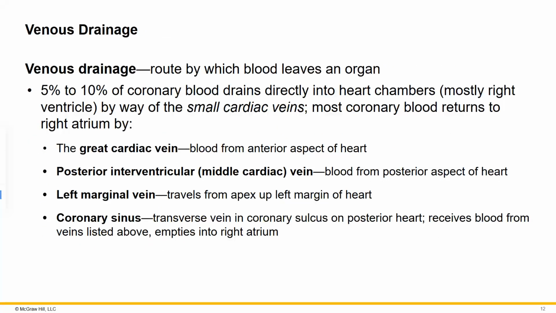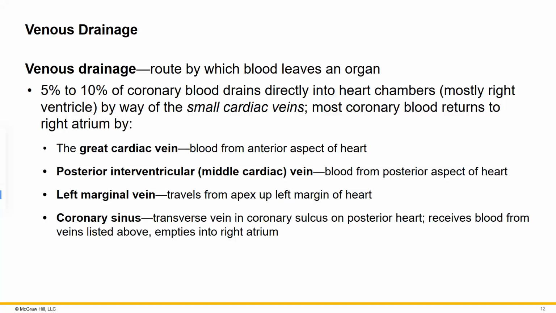Venous drainage. So that's how blood goes from the heart muscle tissue on the outside back to the inside of the heart. 5 to 10% of coronary blood drains directly into the heart chambers, mostly the right ventricle, by way of small cardiac veins. Most coronary blood returns to the right atrium by the great cardiac vein, blood from the anterior aspect